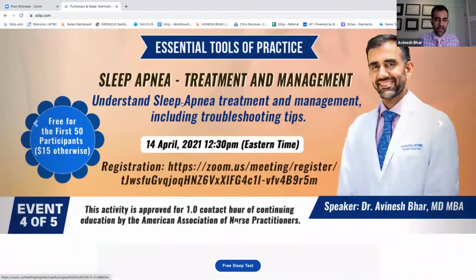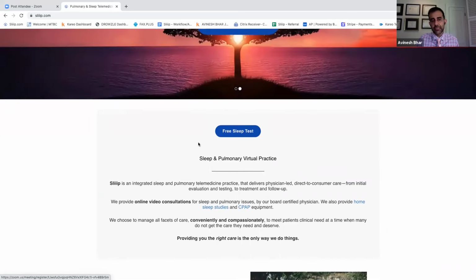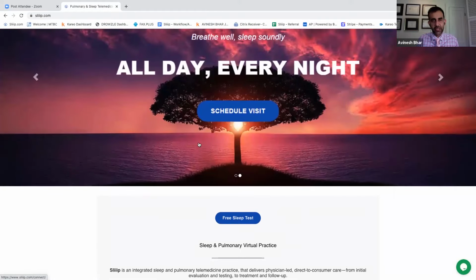The other thing is that I want to alert, if your patients want to just undergo a free sleep test, we work with the first FDA approved sleep apnea test that they can actually click on, register, and undergo a sleep apnea test on their Android or their cell phones itself. So whichever works for them, I would encourage them to do that, especially some patients who are not convinced that they have sleep apnea. This is a great tool for them to screen, and I'll be happy to get in touch with them once the results come back.